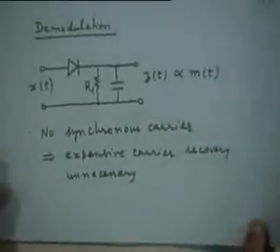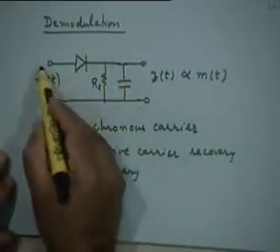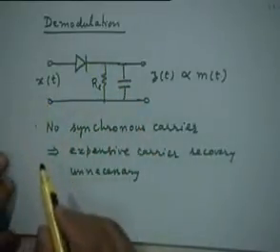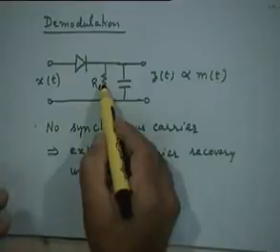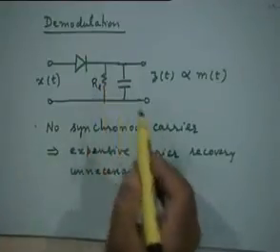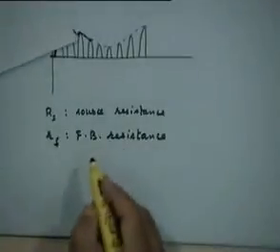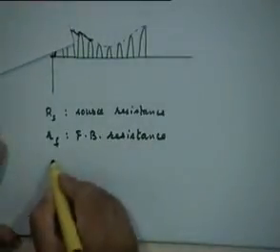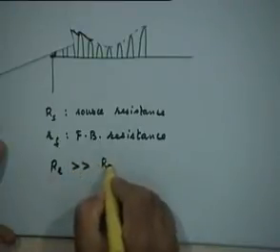And what will be the charging path? The charging path is essentially this. This is the charging path, right? The capacitor charges like that. Assuming that RL is sufficiently large, it will hardly affect the charging path. If you assume that RL is, let's say, much greater than RS plus RF,